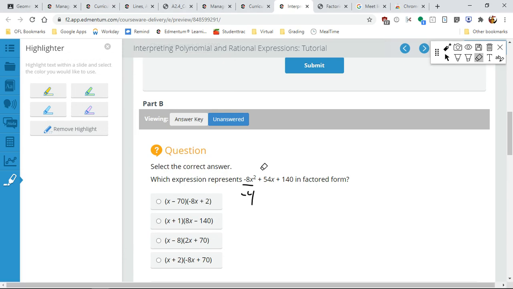So I'm going to take out this 2, dividing everything by 2, and I'm going to get 4x squared. It's positive now. Minus 26x, because it turned into a negative, minus